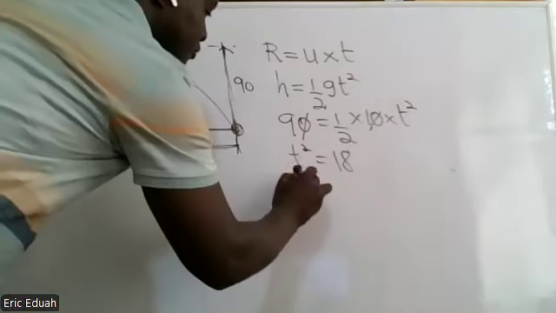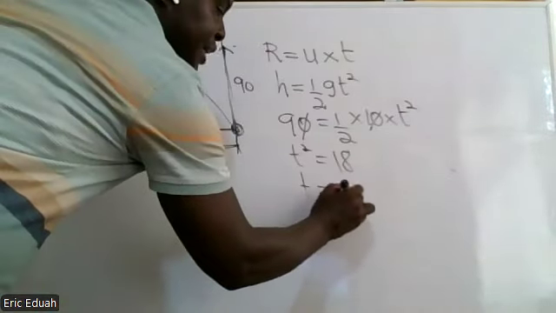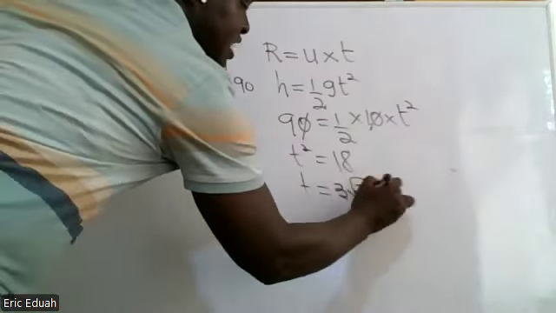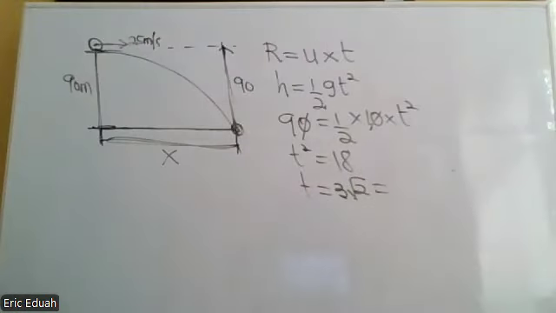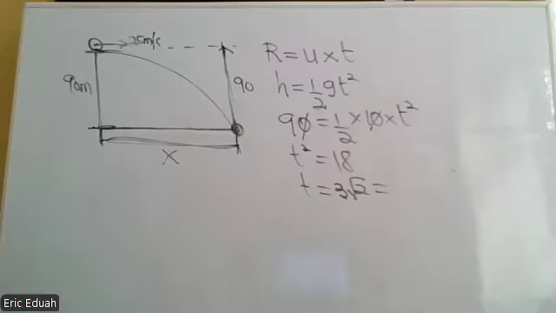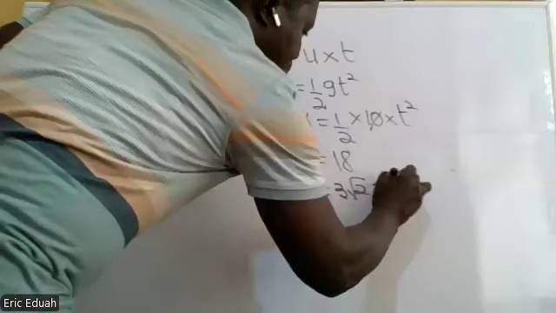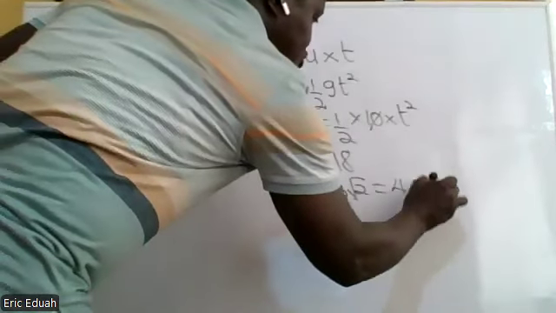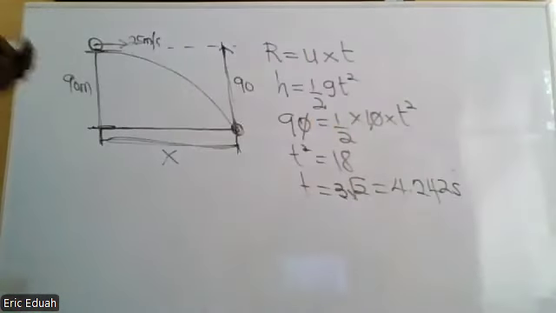And what is the square root of 18? 3 root 2. Give me 3 root 2 in decimal. 4.242. Thank you. Seconds. So once we have the time of flight,